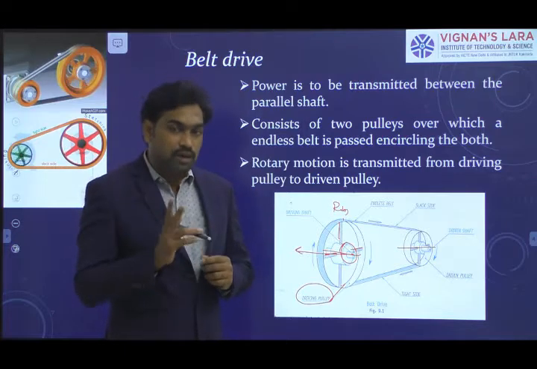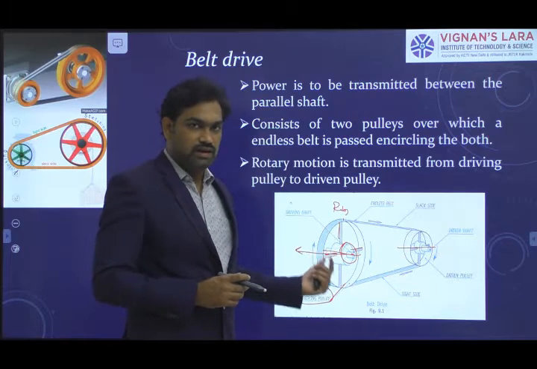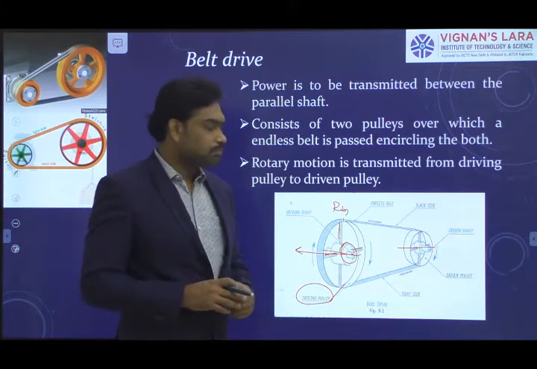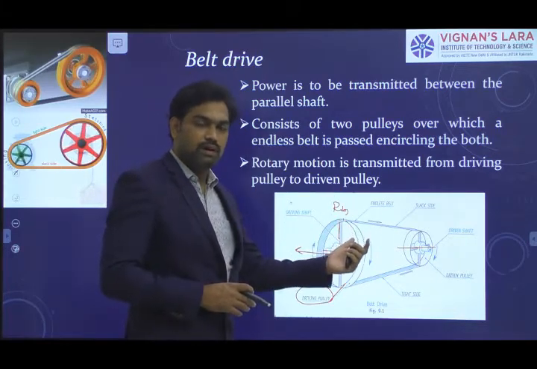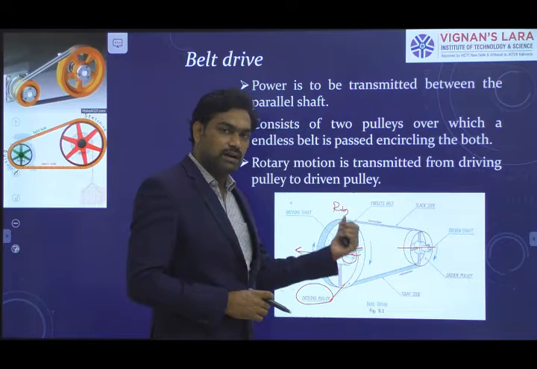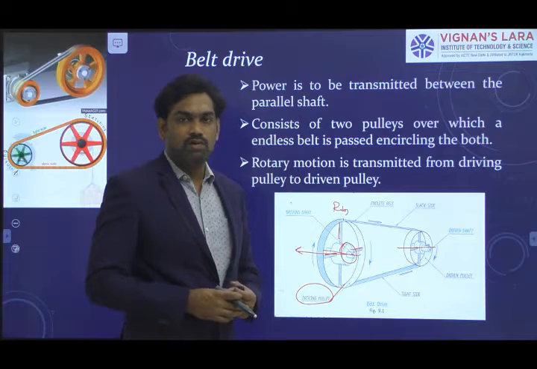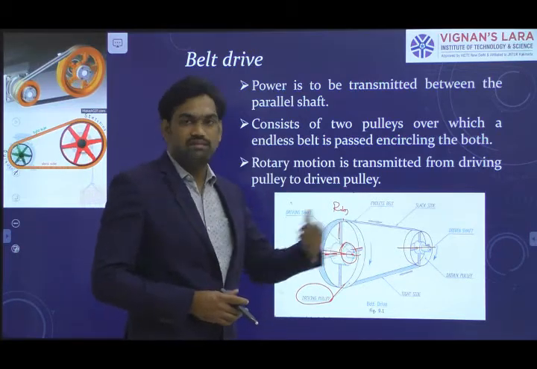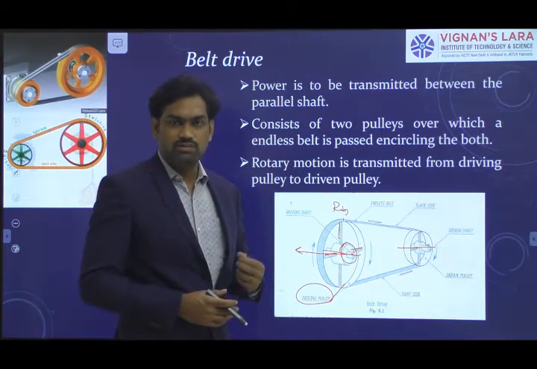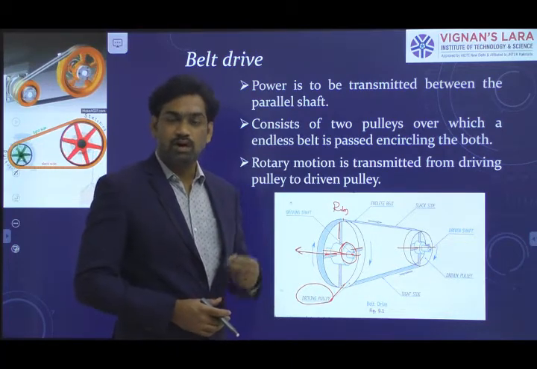So we have two pulleys required. One is placed on the driving member, that is the energy source where power is generated, and another pulley is placed on the shaft where the power is going to be utilized, or distributed or transmitted. Clear? So driving member and driven member. Upon the driving shaft we place a driving pulley, and upon the other shaft we place a pulley we call driven. Driver and driven member are the two terms we are going to use throughout the design of belt drives. Please remember that: one is the driving pulley, and another is the driven pulley.